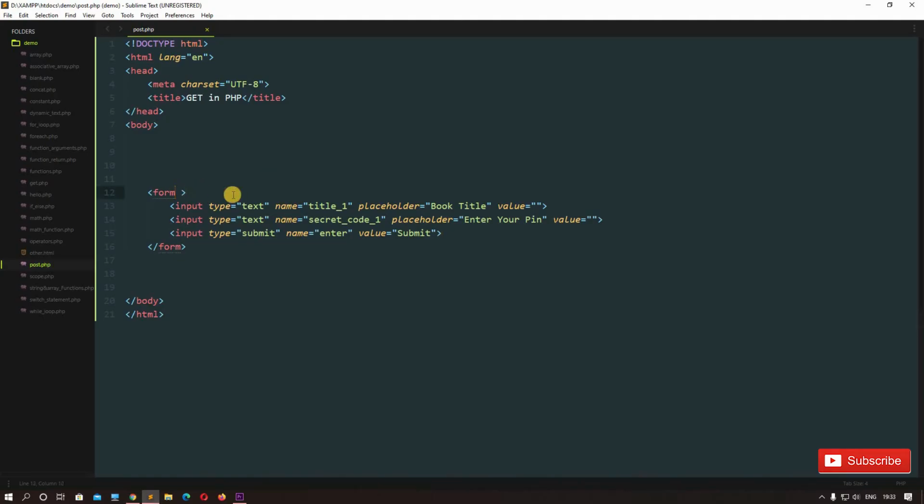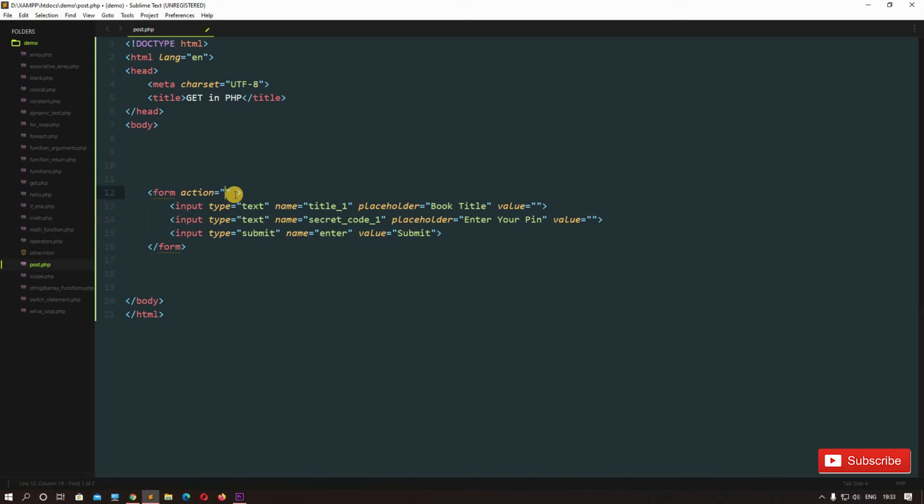Now let's put some more attributes in our form tag. So there is one attribute called action. What we will put inside here is the location where we want this form to be submitted. Okay, so in the previous lecture, as you have seen, we are collecting the details, the index, the value, everything from the URL if we are using the $get method. Okay, so the form needs to get submitted somewhere, right? We need to submit the form somewhere, and that address we will specify in our action here.